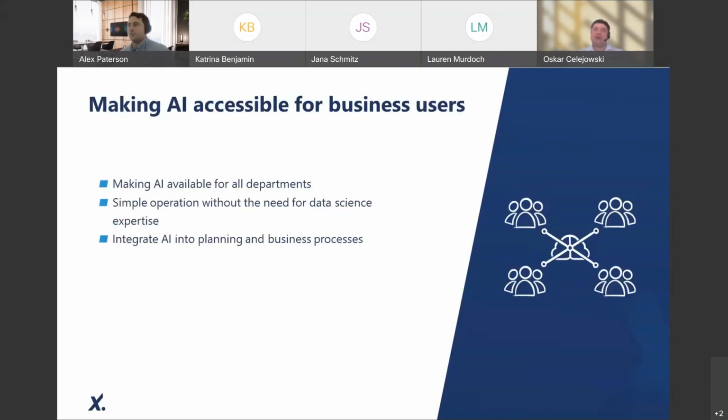And the final thing I want to talk about is just making AI accessible for business users. A big part of the story is how providers in the space make predictive models accessible to their business users. One quick thing to mention is that, and I alluded to this earlier, the answer is not organizations hiring or training up 10 data scientists to use this kind of technology to help you prepare your data and work. As we head down this road and towards Alex's part of the practical presentation,